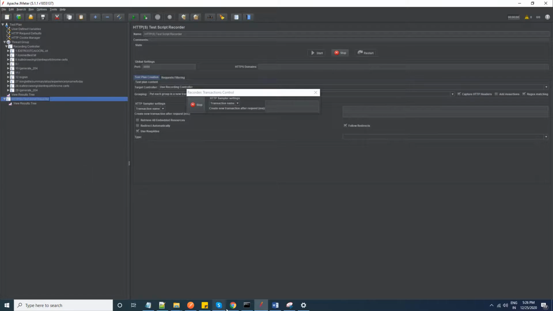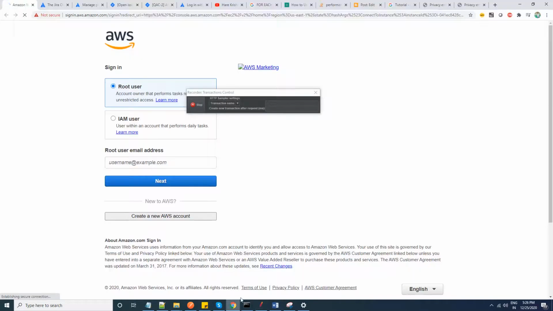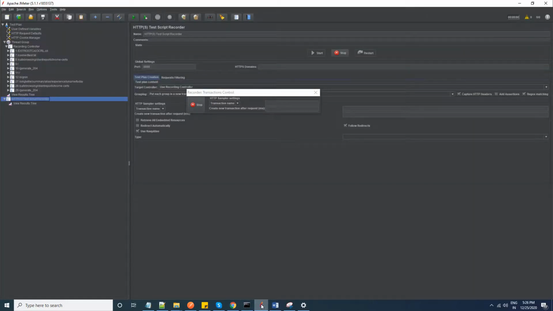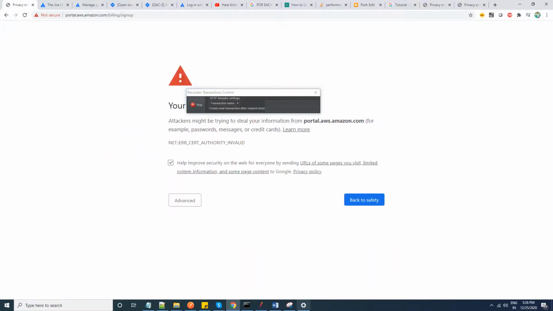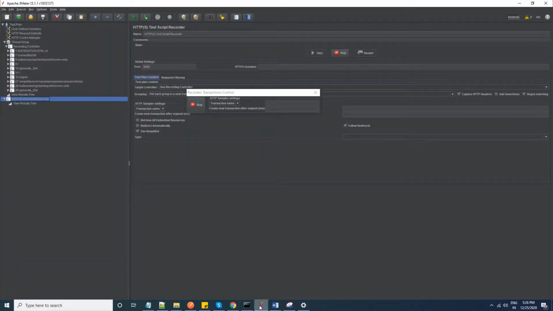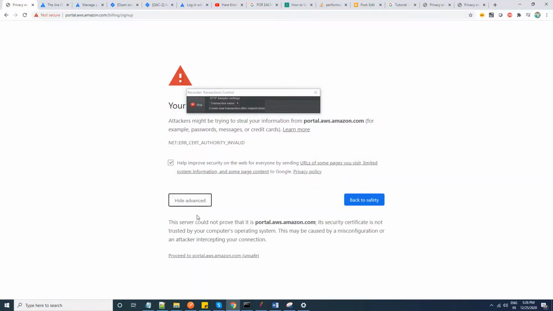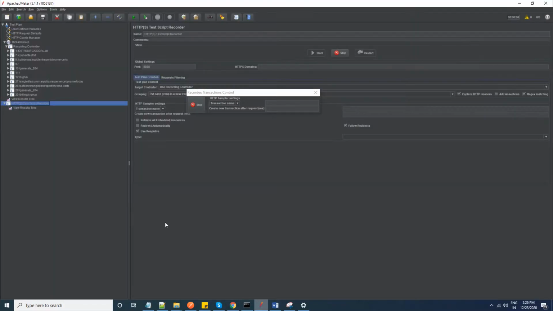The 29 will be there, after that it will change. See, the HTTP request 30 has been recorded.